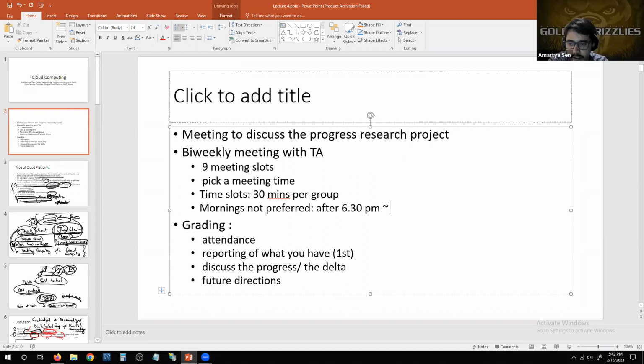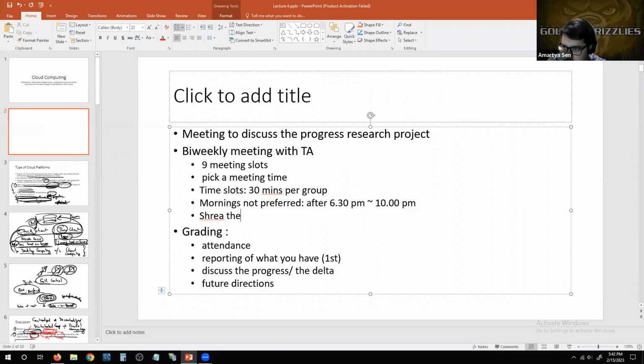Right, so after 6:30 p.m., and we will try to span that out to, well, that depends on what works for her as well. But we will try to keep it by 10 p.m. We will try to wrap things up. Okay, no later than that. So we will prepare according to that time window, and we will share probably 9 time slots that work for the groups, and then we will share the time slots